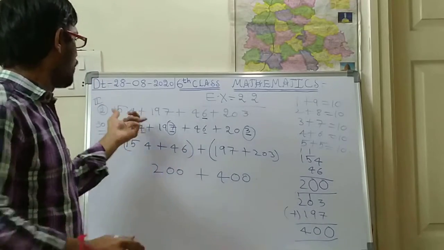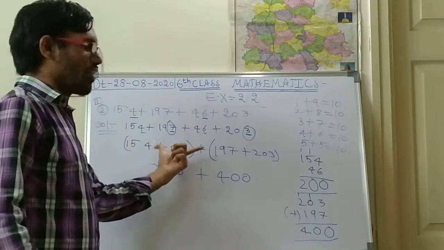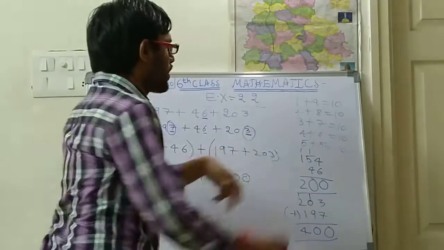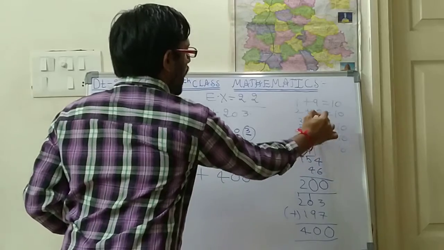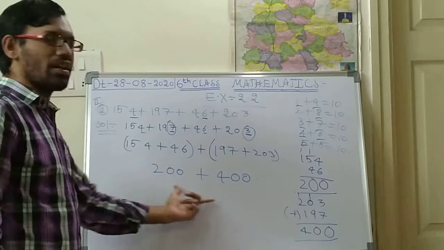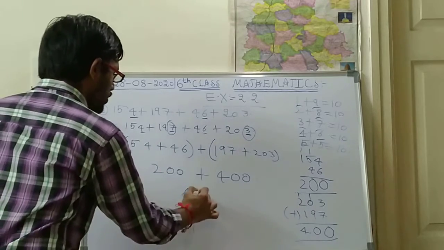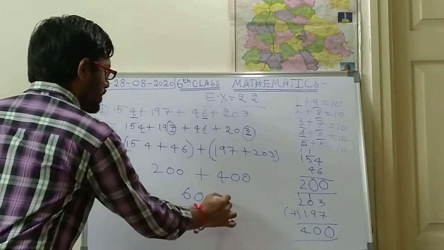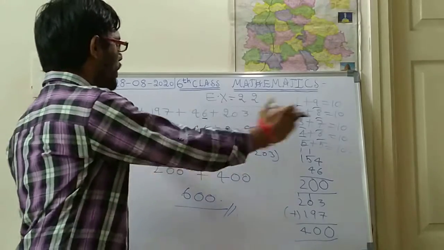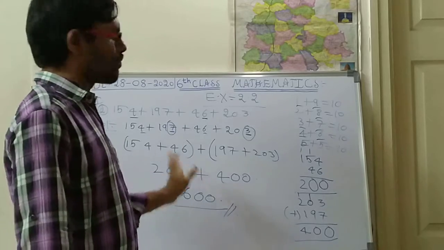So like this. So instead of adding directly like this, we can arrange like this. With the help of these numbers, with the ones place numbers, we can arrange them in a suitable manner, and we can add these two very easily. So 400 plus 200, 4 plus 2, 6. So 600. So 600 is the answer for this problem. Okay, so like this you have to separate them, based on the ones place numbers. Okay, so this is about the problem.